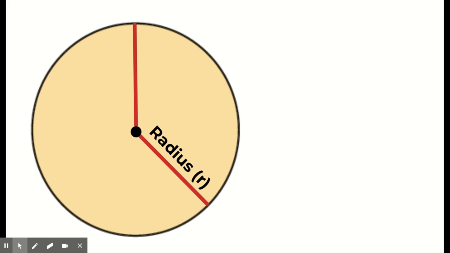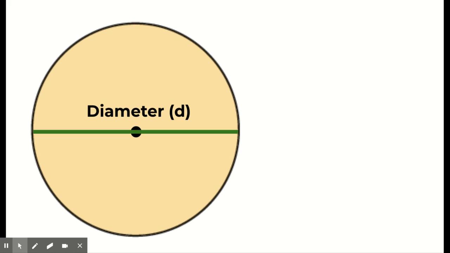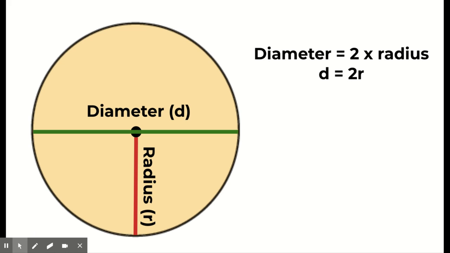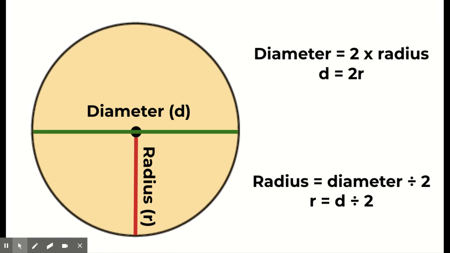Now, a radius can be from any angle inside the circle. However, if a line segment cuts straight through the middle, the center of the circle, from one side to the other, we call it a diameter. And diameter is always 2 times the length of the radius, and radius is half of diameter. So if you were given a diameter, you can divide it by 2 in order to get a radius. And if you get a radius, you can multiply it by 2 in order to get a